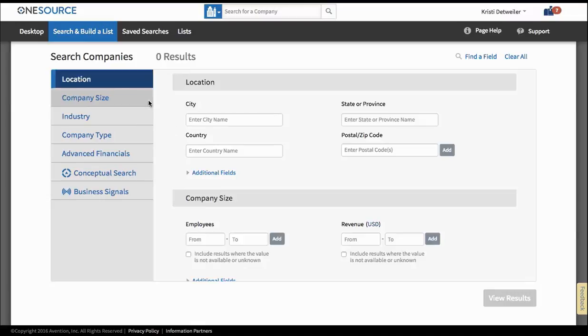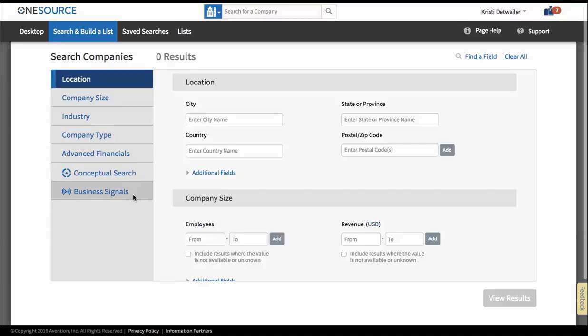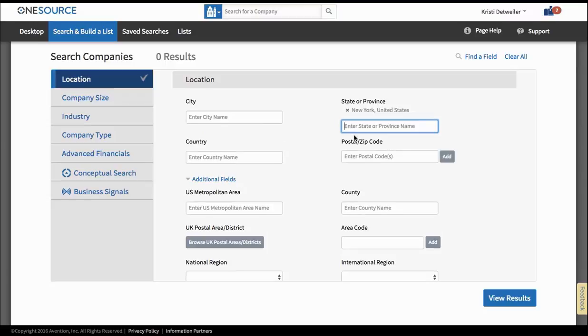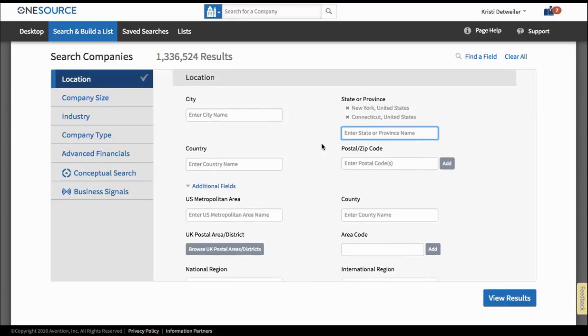company search form. Starting with the location criteria, the most commonly used criteria display above the fold. To access all of the location fields, I'll simply click the Additional Fields link to expand it. I'd like to build a list of companies that are located in the states of New York and Connecticut. As I enter this criteria, the results count dynamically changes to display the count of companies in OneSource that match